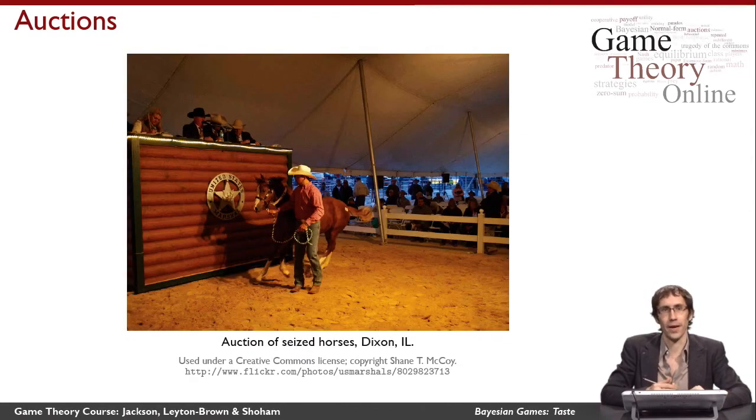Here's an auction by the US Marshal Service selling some horses that were seized from somebody who was convicted of embezzling money. And so the US Marshals got a bunch of guys in cowboy hats to round up this person's horses and sell them off to recover some of the embezzled money. Again, you can see why an auction might be used here, because the value of something like a horse is pretty unclear. It depends on supply and demand. It depends on intangible things like the value of the horse, the number of other good horses on the market at a given time, and so on.